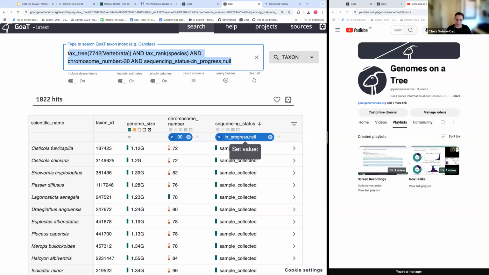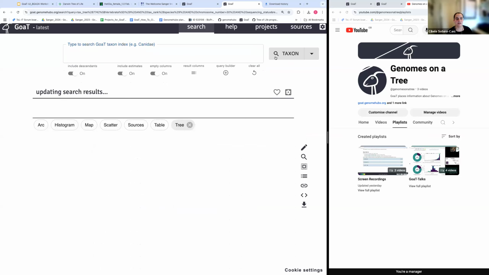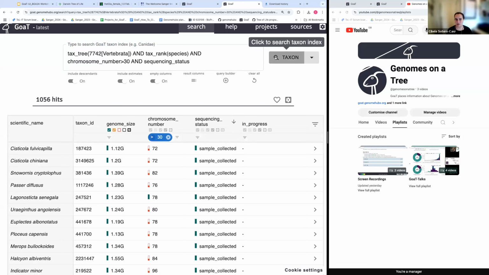And then you get familiarized until the day that you can actually type stuff in there. So less than in progress or no. But let's see here, maybe. No, this for numerical, you set the values. But let's say, okay, sequencing status. My request from the search box now is just that it does have a sequencing status, it doesn't matter what.